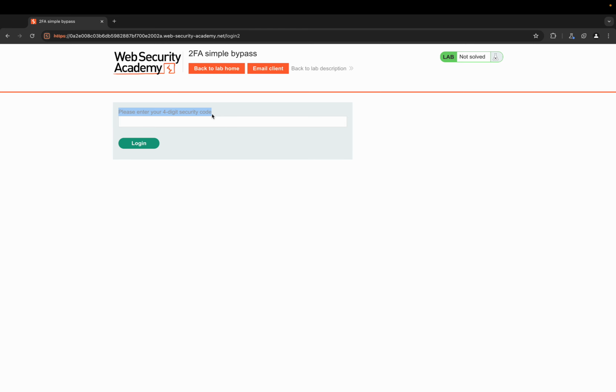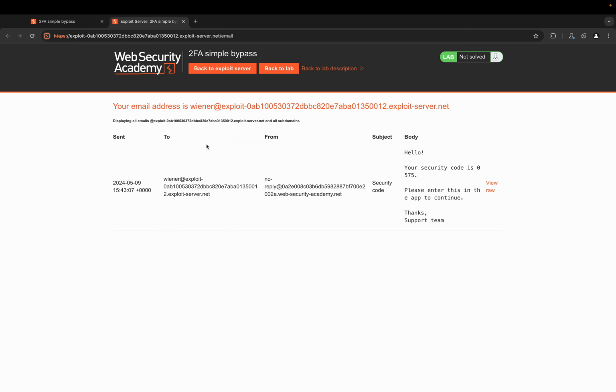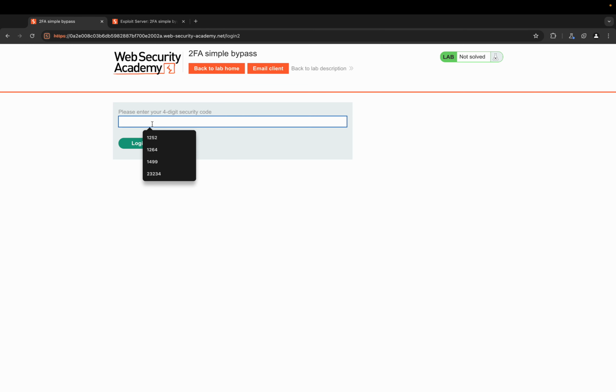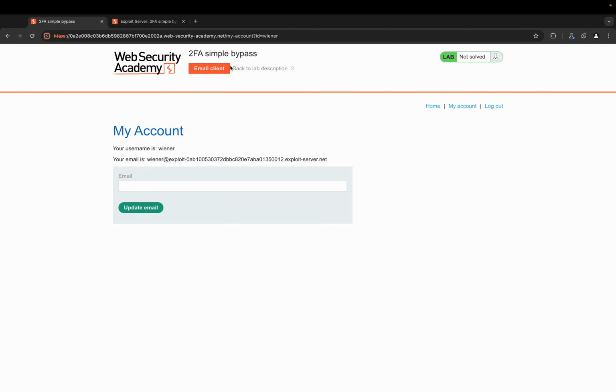So this is two-factor authentication. The system is trying to verify that you are who you claim to be. We have an email client where our 2FA will be sent, and it says your security code is 0575. Once you provide that, you are allowed to see